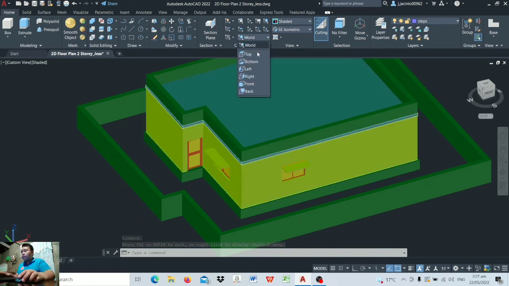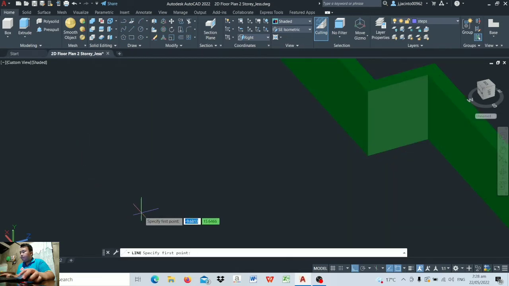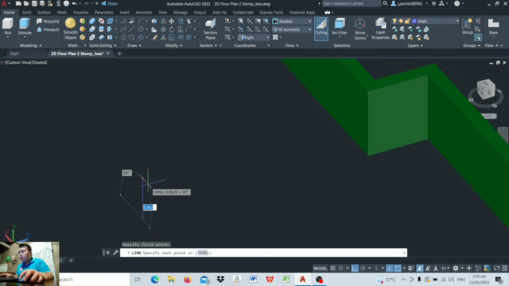So this is the part where someone changes it into the right, then click it, and then we're going to create stairs or steps. So first, get the line command and specify the first point, then click measurement, then measure again,